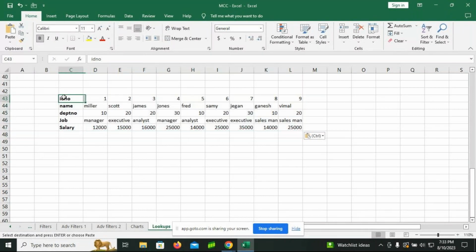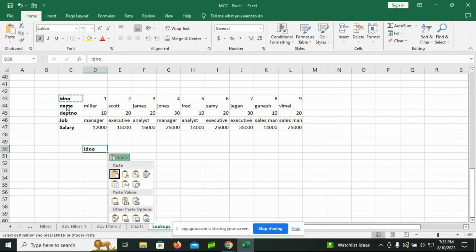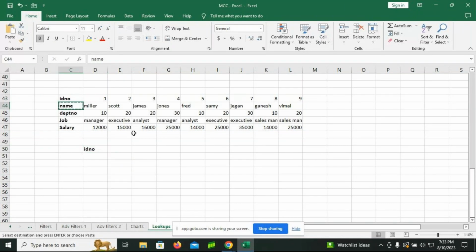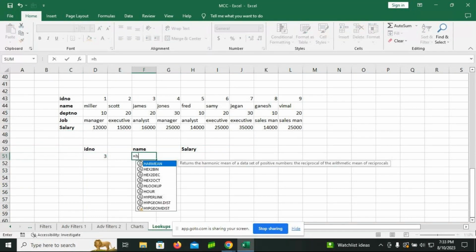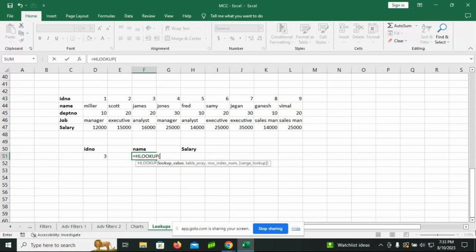So now here also my lookup value will be my ID number. Then I wanted to check the name and I wanted to check the salary. So for the ID number, I'll give it as 3. So now I'll come here and type equals HLOOKUP. H stands for horizontal. Okay, so my lookup value,